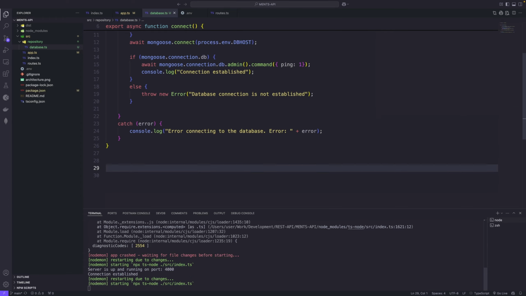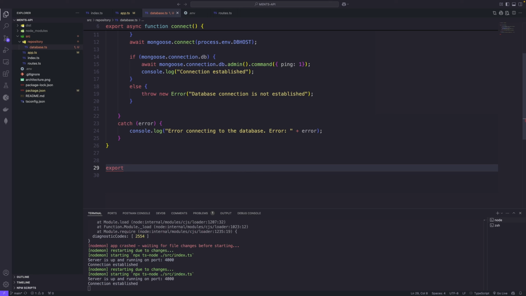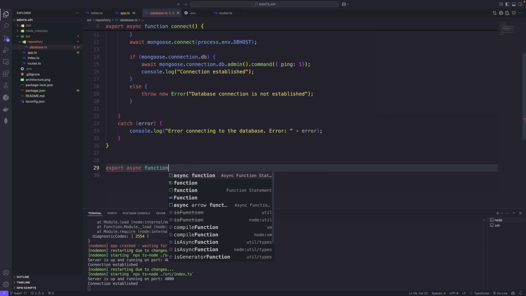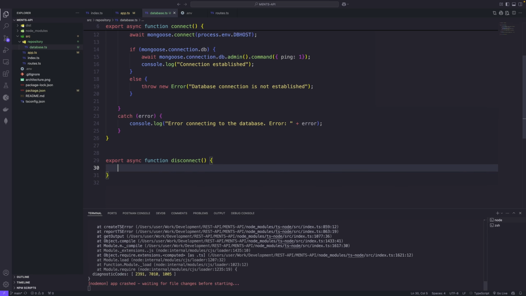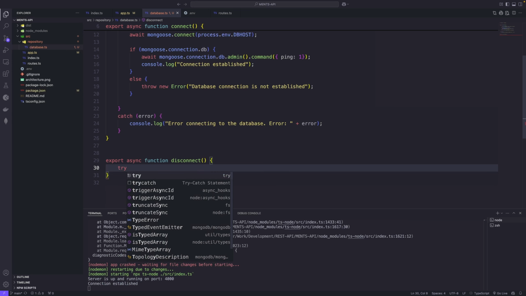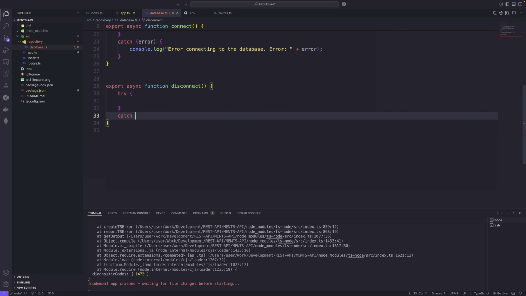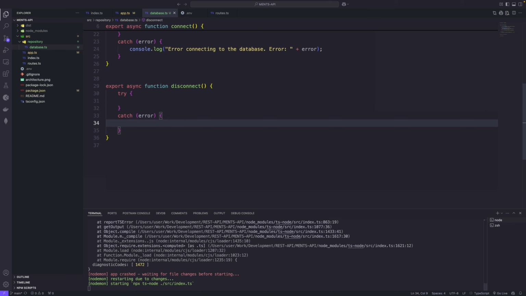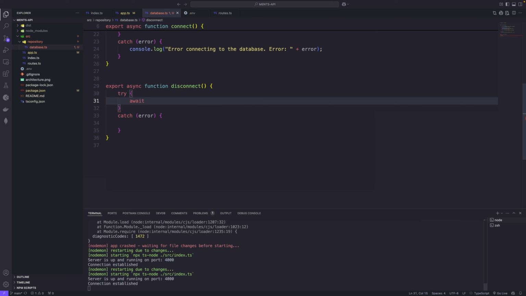So we probably should do a small function that can disconnect our database again. So if we do export async function, and it's pretty simple, this function here. We just have a try and catch. So what we can do here, we can do an await,